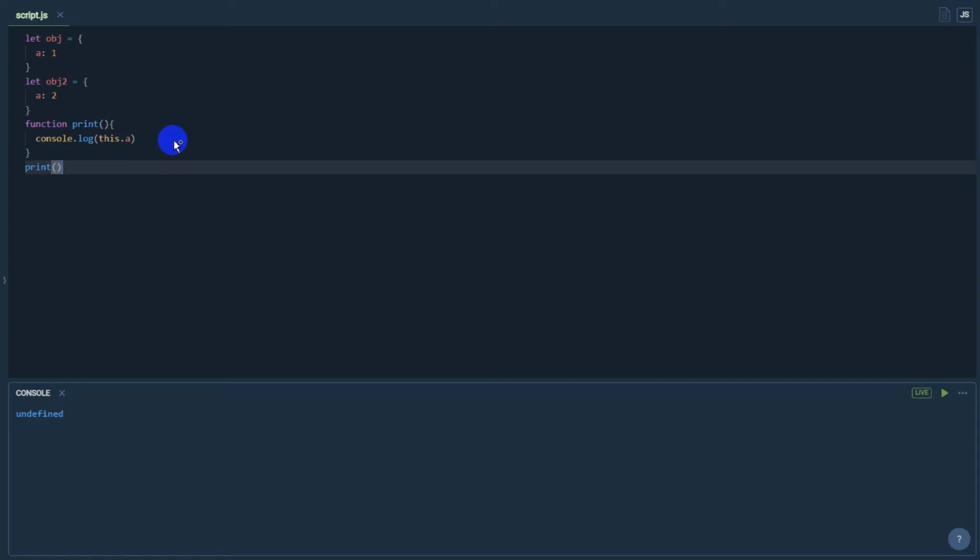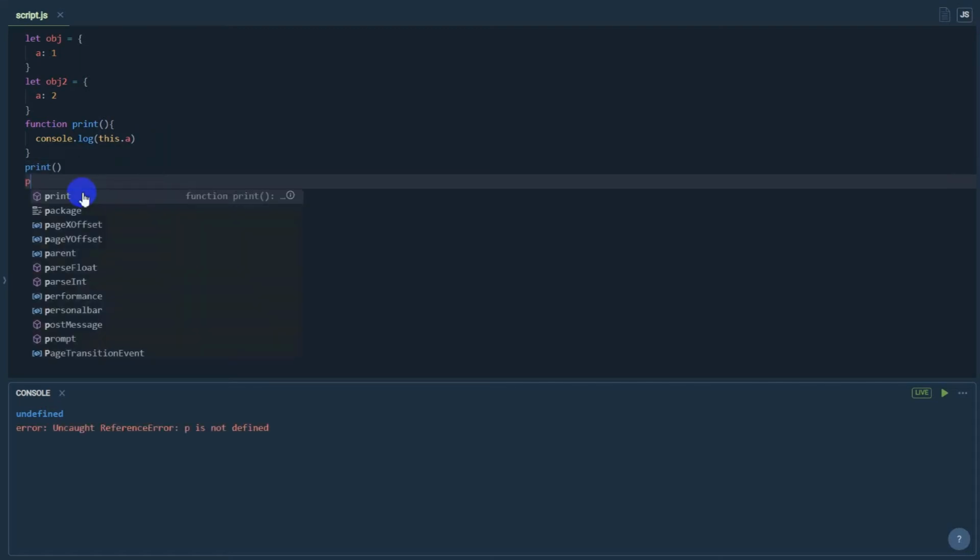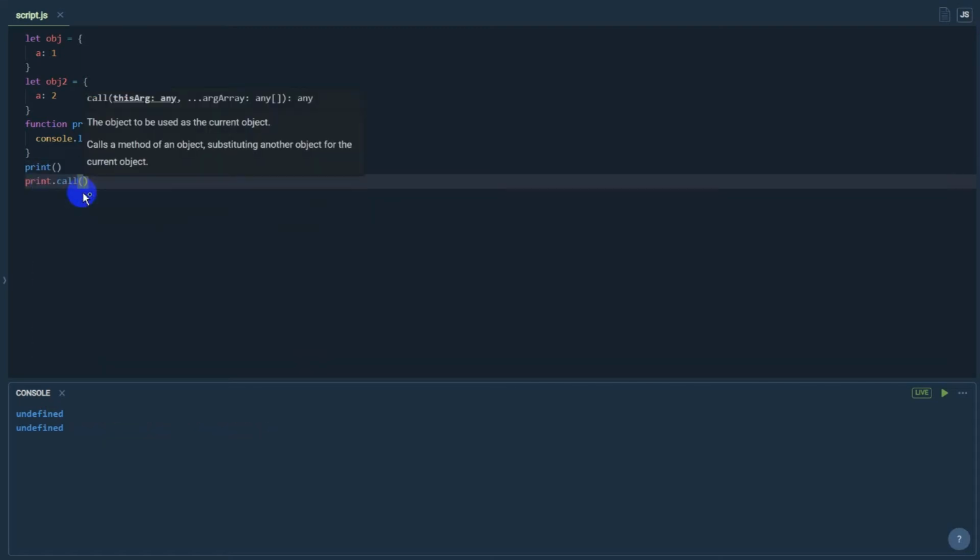If we changed a context that has the property for function print, we would get another result. We can change contexts using methods call, apply and bind. And now I will show you how we can do it. Let's start from method call. If we do next,